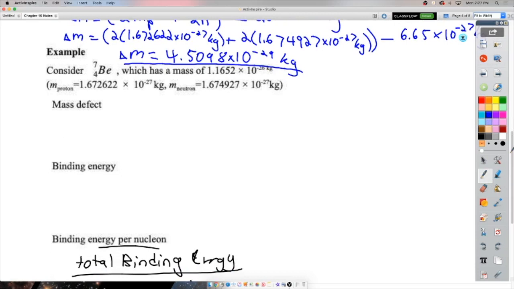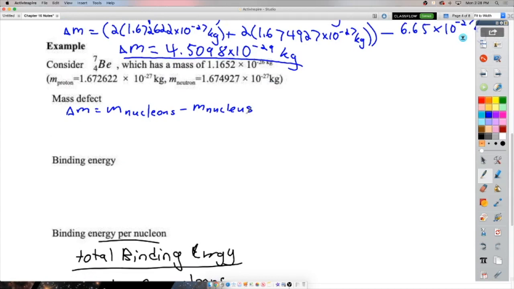Okay, so just now going through the examples on this stuff with mass defect and E equals mc squared, we'll pick up with this one here. So consider beryllium-7, which has a mass of that, and find the mass defect. So in other words, the difference between the mass when it is together as a nucleus and the mass of the nucleons that go into it when they are separated. So that is just,